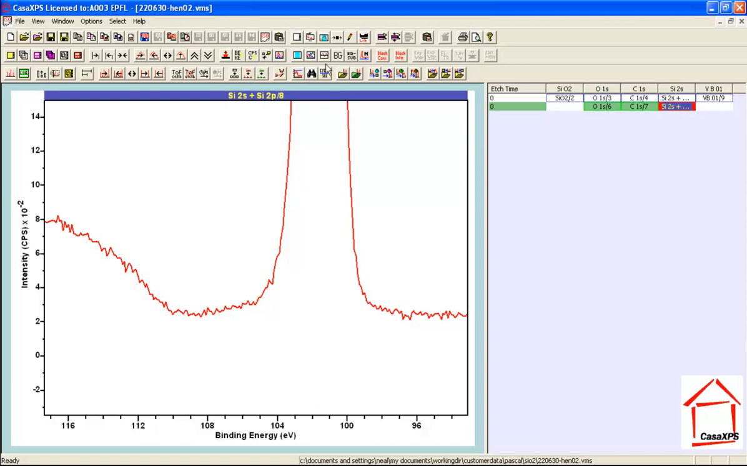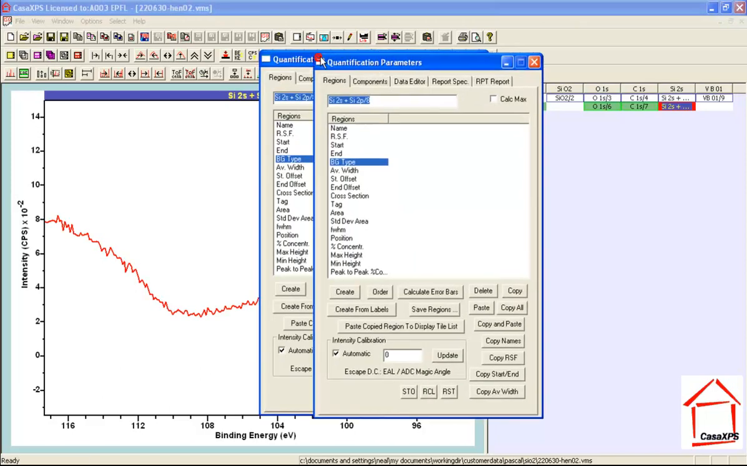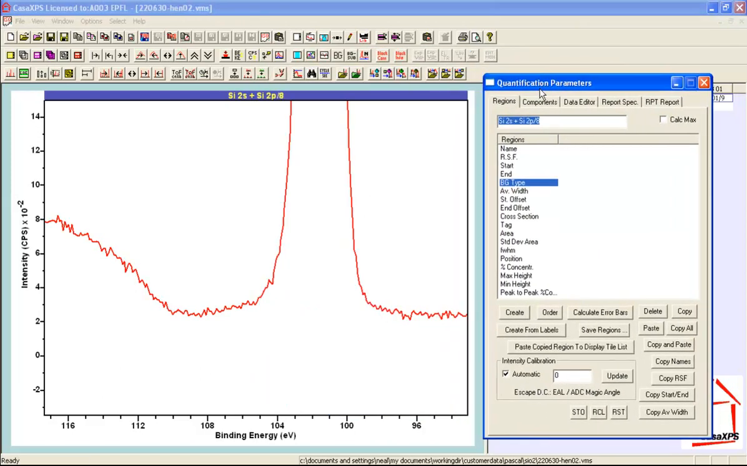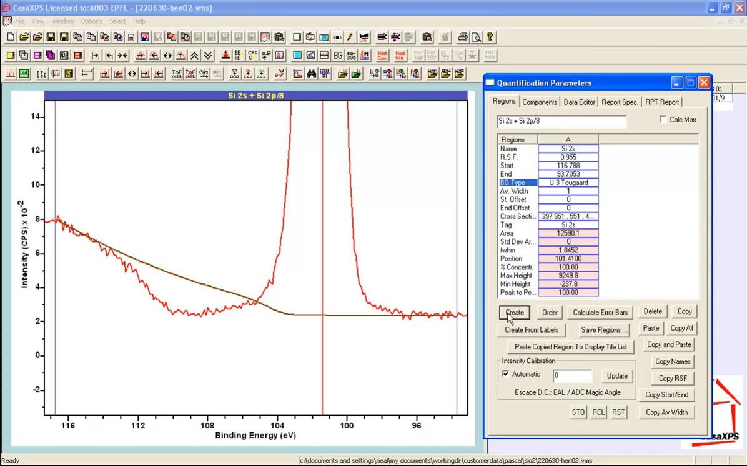To create a line shape from data, the first job is to create a background that is appropriate for the peak in question. So I've brought up the quantification parameters dialog window, and on the regions property page the background over an energy interval can be created. So I press create, it creates a region with a set of parameters defining the region, and one of these parameters includes